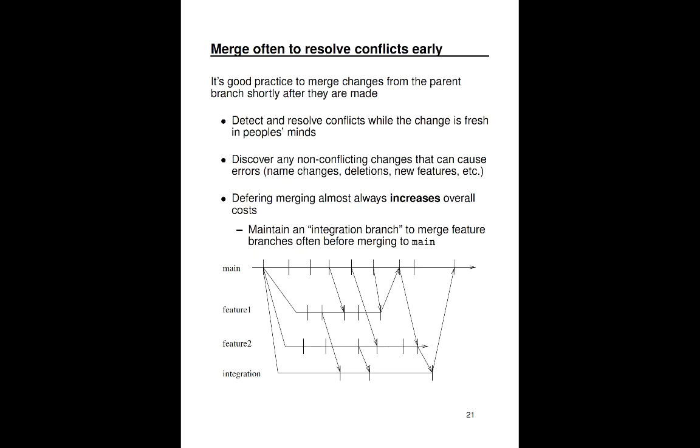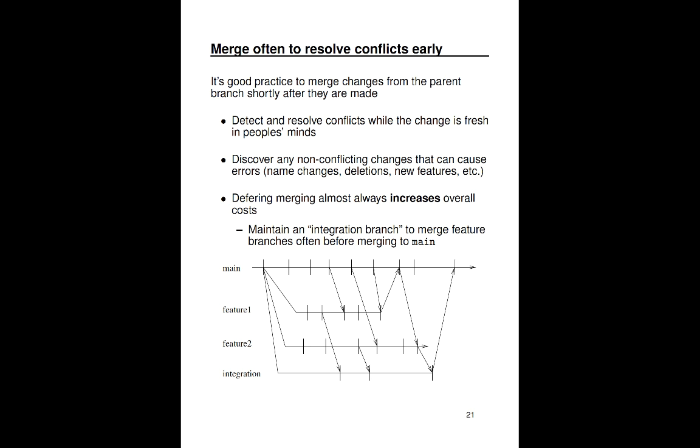So branches are really powerful and allow people to work in isolation. But the longer you work in isolation, the more likely it is that other people will be making changes that will conflict with yours. So it's a good practice to merge changes from parent branches early and often, as soon as possible after they are made. This allows you to detect conflicts early and then resolve them while the changes that cause the conflicts are still relatively fresh